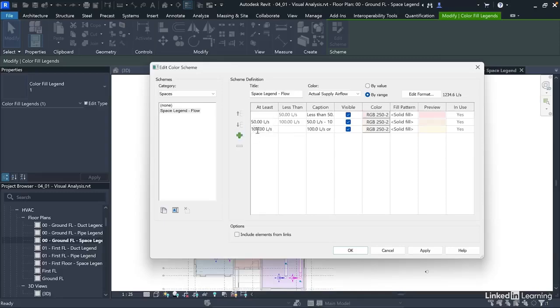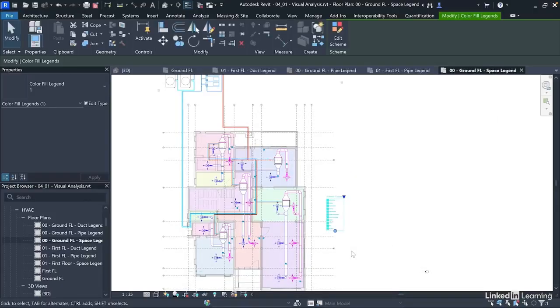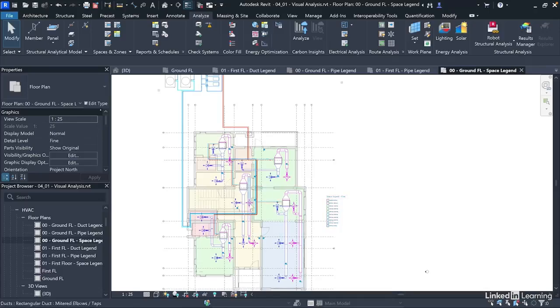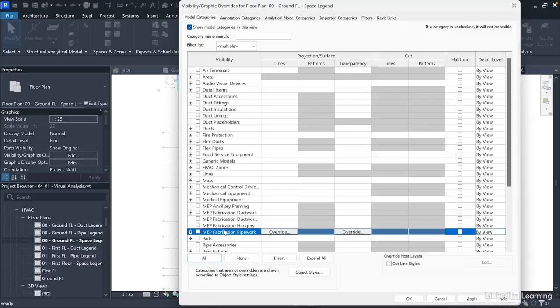So keep selecting the last row and keep clicking plus until we get to at least 450, because the highest airflow we have in the space is about 500. So from 450 and above will be for the final space. So this becomes the range that we have, and when we're done with this, we'll click OK to close the dialog. Now again, to make this easier to understand, we'll just go to here, we'll disable all the categories and enable only spaces,